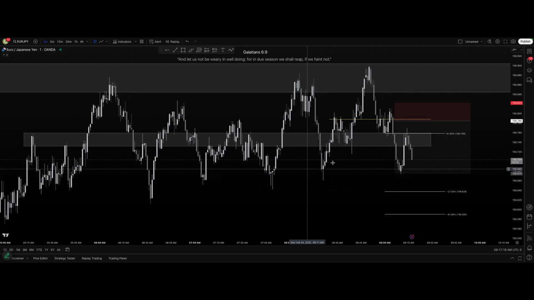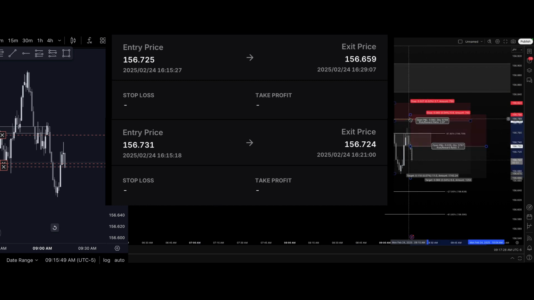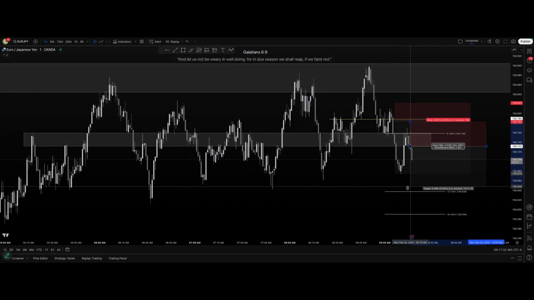If price gets back down to this low right here, what I'm going to do, because I added 2 more positions once price started breaking below the low. So I got in again right here. Stops are right here, basically at this break even point. And I'm looking to target down into this -27 extension here, but I'm still looking to target this first